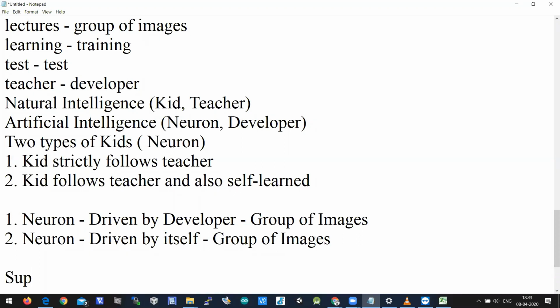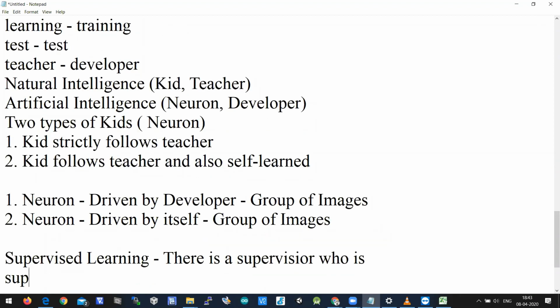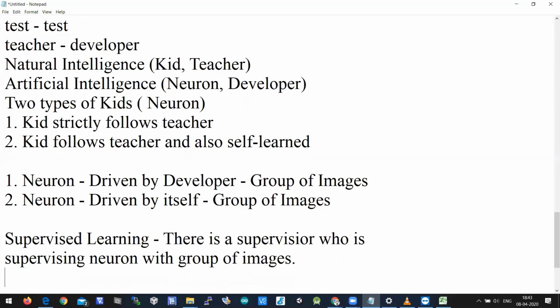One is called supervised learning, where there is a supervisor who is supervising the neuron with a group of images, showing the images to the neuron, saying this is a cat, this is a dog, this is a man, and this particular ID is this. That is supervised learning.